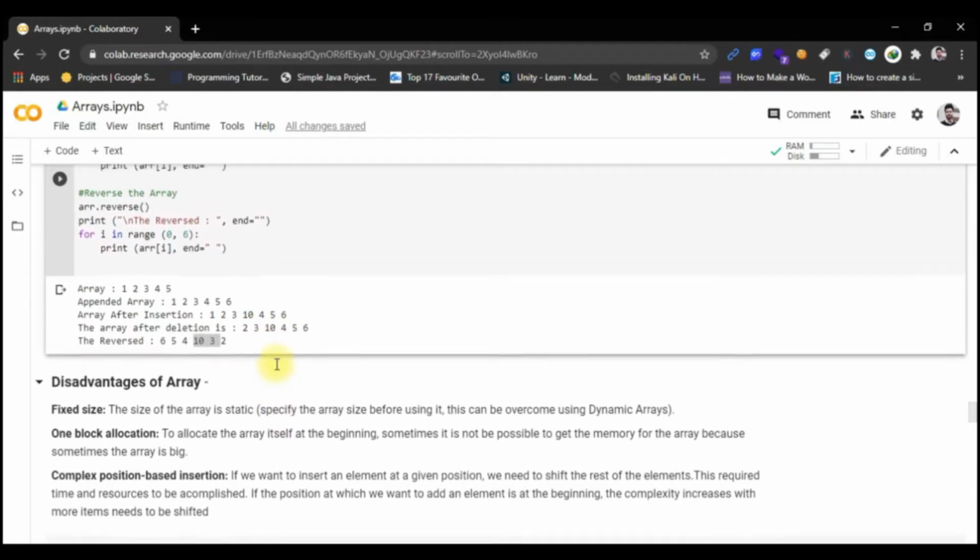That is, the first is its fixed size. So once you have declared the size of an array, like static in static arrays, it cannot be changed, but it can be overcome by using dynamic arrays. One block allocation: to allocate the array itself at the beginning, sometimes it's not possible to get memory for the